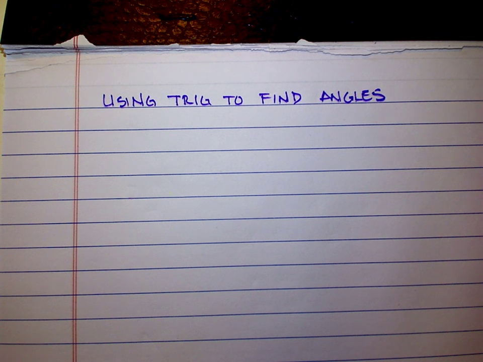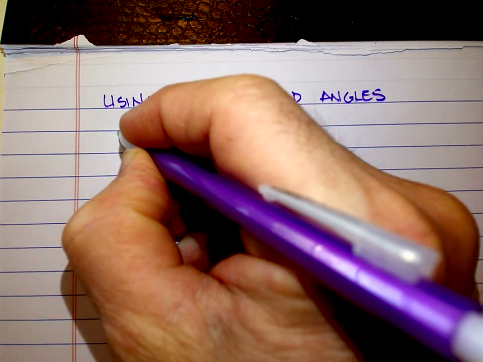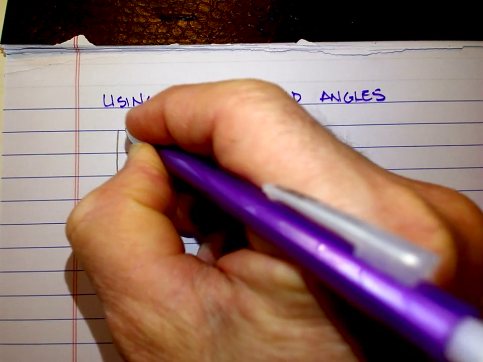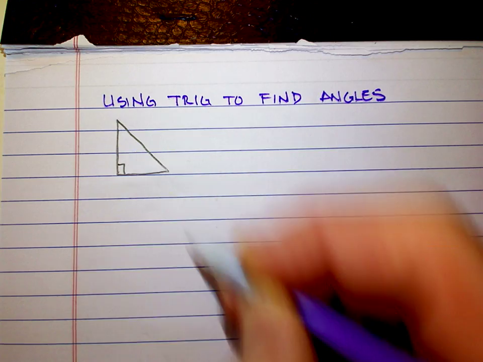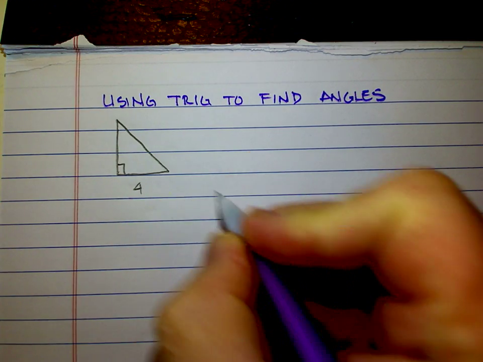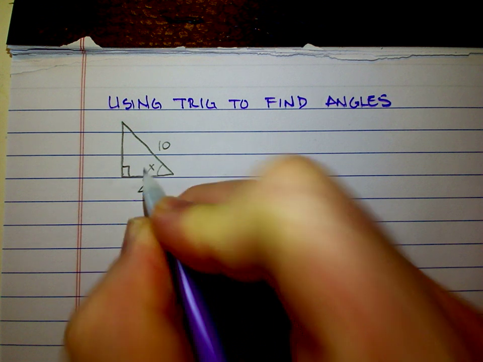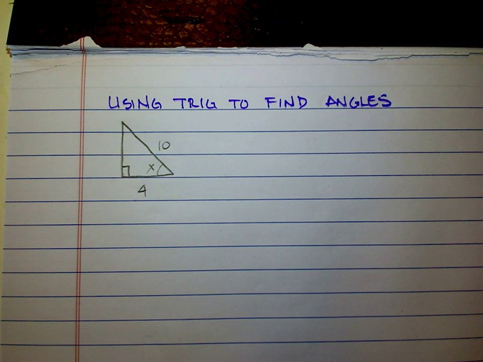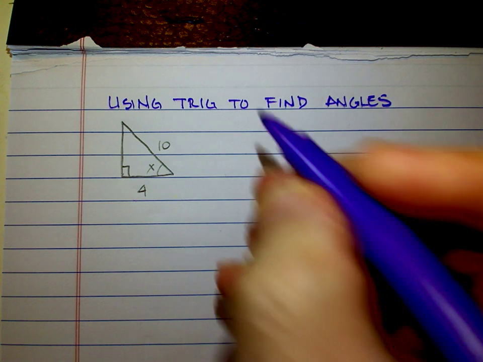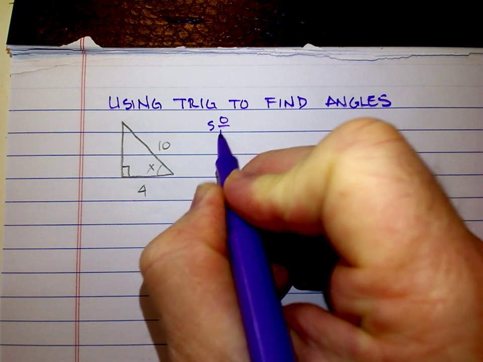Hello, geometry students. Just wanted to put together a quick little how-to video on reminding us how to use trig to find angles. So first of all, let's take a look at a right triangle. And on this triangle, let's say this side is 4, this side is 10, and we're wanting to find this angle here, x. Our first step is to write our SOHCAHTOA